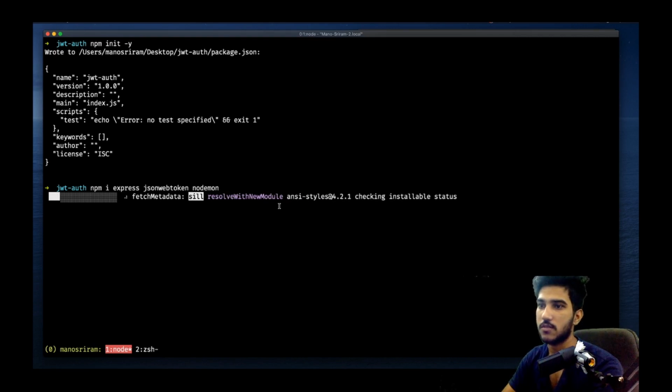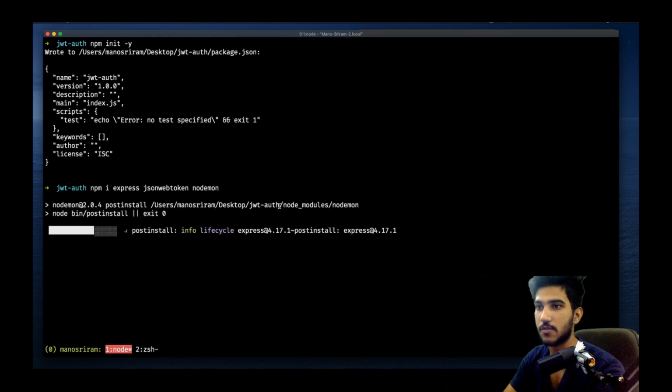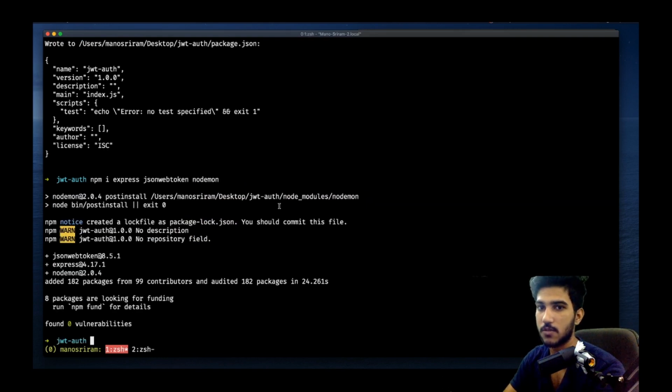In this video we'll be creating two tokens, which are the access token and the refresh token. The difference between them is that we'll use the refresh token to create an access token whenever it expires, and whenever the refresh token expires, we'll be making the user login again. So why we are doing that instead of just taking in one token is that